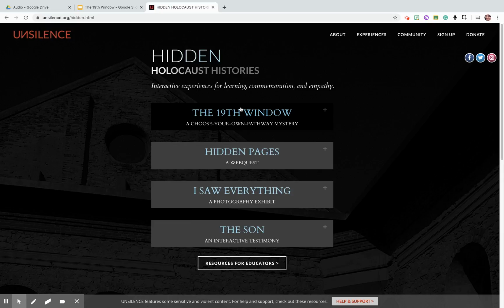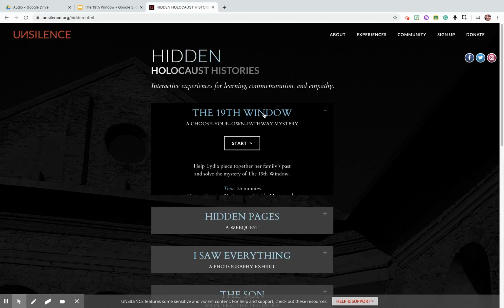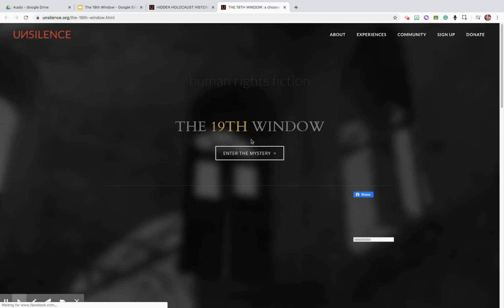You're going to be reading a story, and on the bottom of the page, on certain pages, it'll give you options. They might not give you an option. You just have to click that button and go to the next page. Another, they might actually give you choices you have to make. Click on the choice that you think the character should do. It'll bring you to the next page and you'll continue to read. You might make the correct decision. You might make the incorrect decision. If the choice you made was wrong, it'll tell you, after you've read that page, to go back to the last point that you made a choice at, and you have to choose the next choice, the correct choice. So we're going to be looking at the 19th Window.